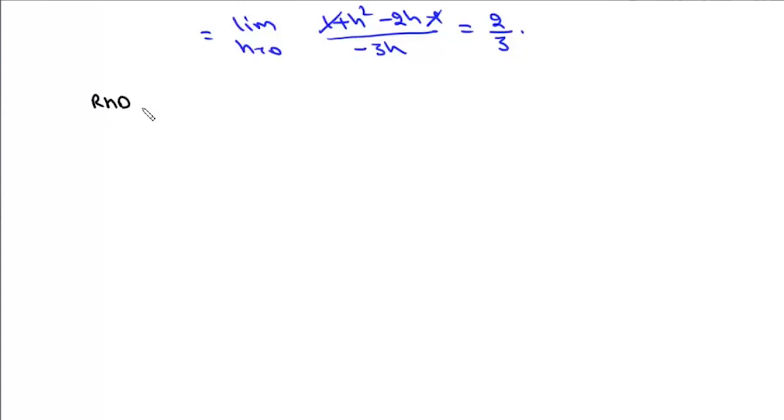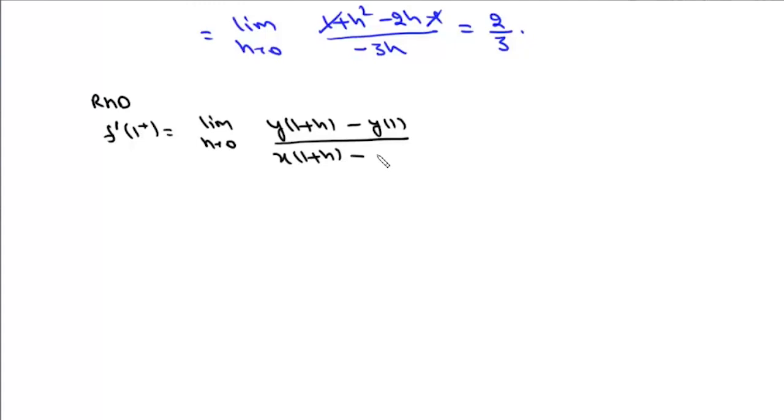Now, the right hand derivative of this function at 1 will be this limit, h tends to 0, y(1 plus h) minus y(1), upon x(1 plus h) minus x(1). Now it will be this limit h tends to 0, and here it will be 2(1 plus h) whole square minus (1 plus h) into mod of (1 plus h) minus y(1), and y(1) is 1